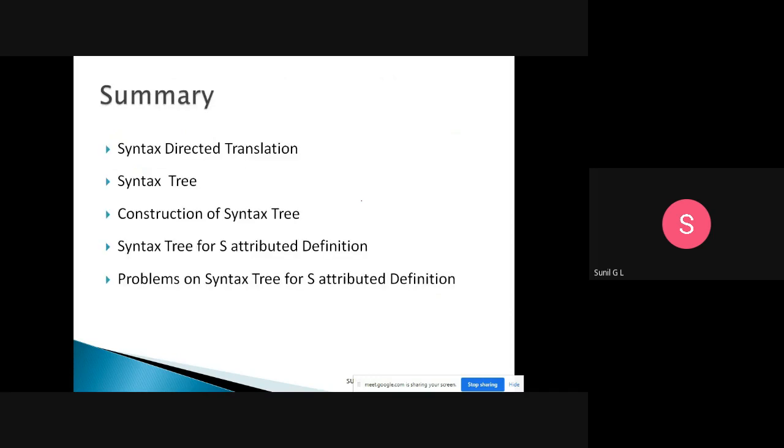So we have discussed today what we mean by syntax directed translation. After that, the construction of a syntax tree. Then after that, a syntax tree for an S-attributed definition, and we have discussed one problem on